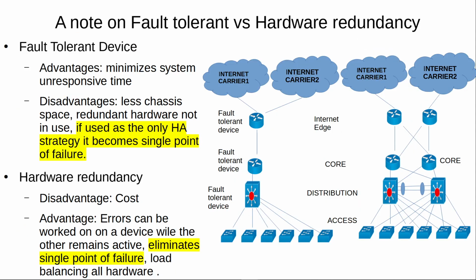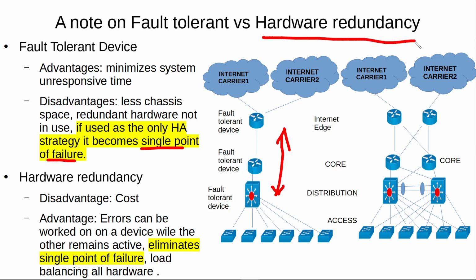Let's talk a bit about the usage of fault-tolerant devices. Remember that fault-tolerant devices are devices that have 2 supervisor cards, several fans, several power supplies. You can get a false sense of security and design your network like this, using only one device at each layer. That is not recommended because you will have a single point of failure, and Cisco recommends always having hardware